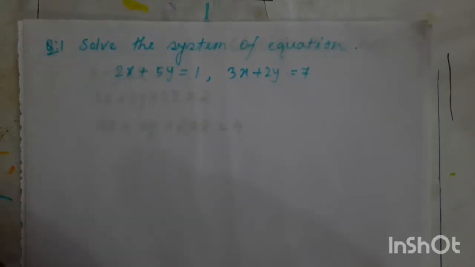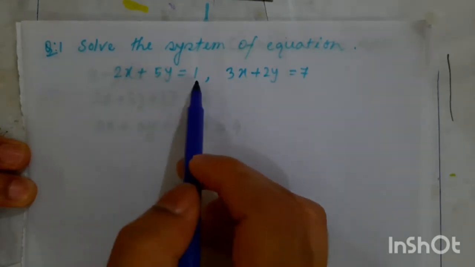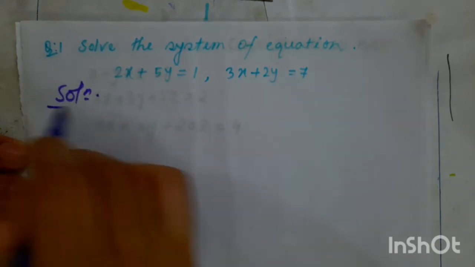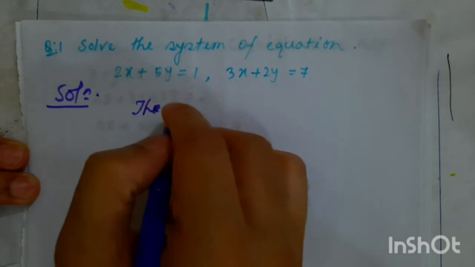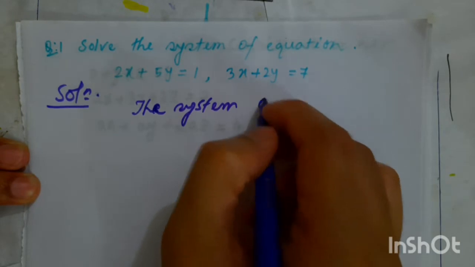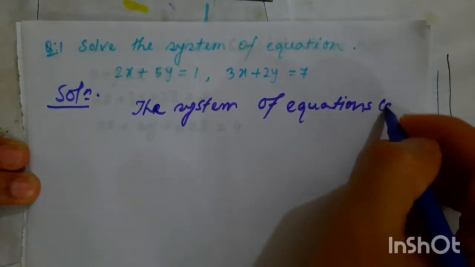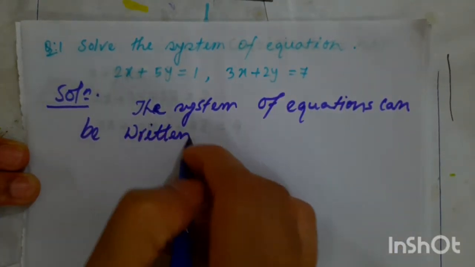Now let's take a numerical to solve a system of linear equations by using the inverse of a matrix. Let's solve this question. Solve the system of equations 2x plus 5y equal to 1 and 3x plus 2y equal to 7. Check how we can solve this one. The system of equations can be written as